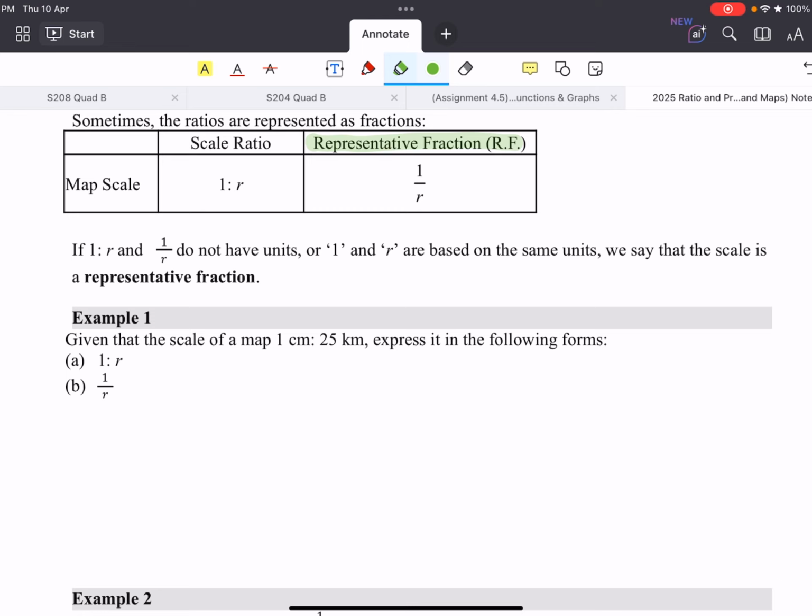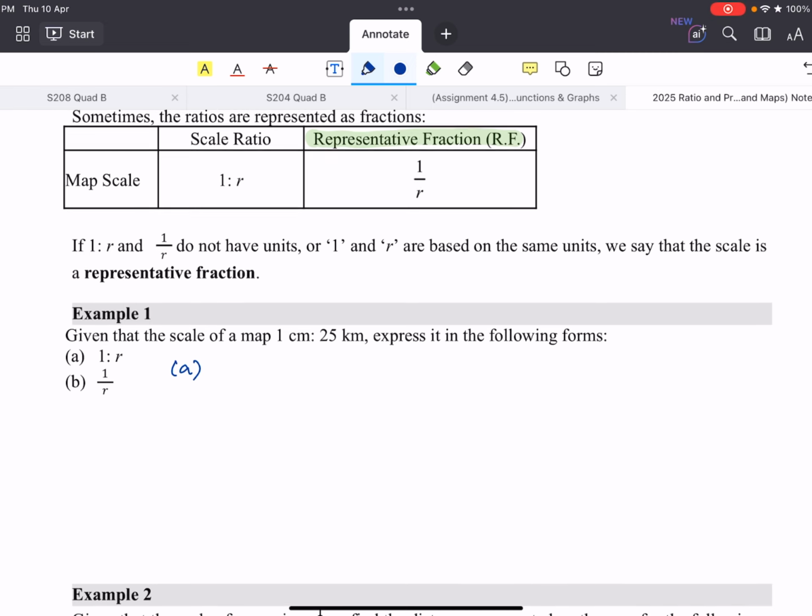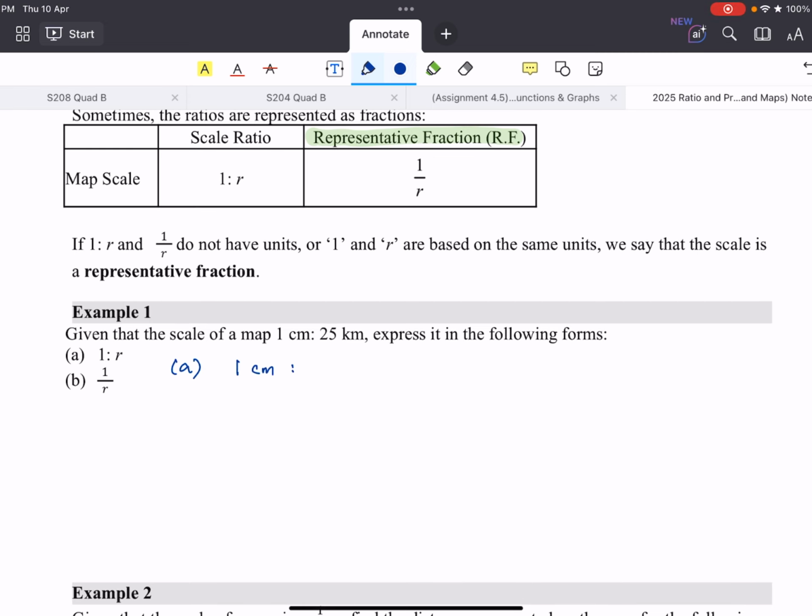So let's look at an example. So for example, I have a map, and the scale is 1 centimeter to 25 kilometer, and we want to express them in the form that is required. So what we really need to do, of course, is to first express this scale in the same units. Then after that, we can actually forgo the units. So what I can do is part A, right? We actually have 1 centimeter, and it's compared to 25 kilometer. So I want to make them the same unit. So 1 centimeter, 25 kilometer is